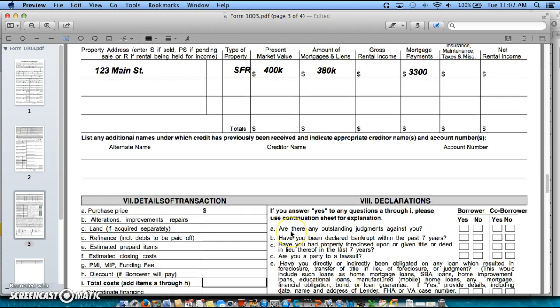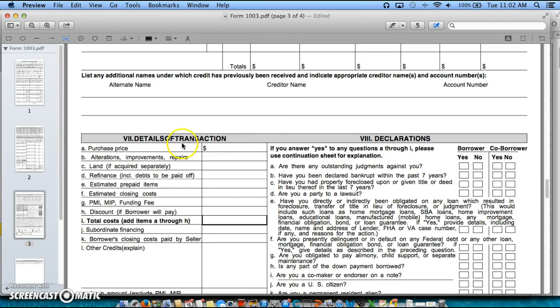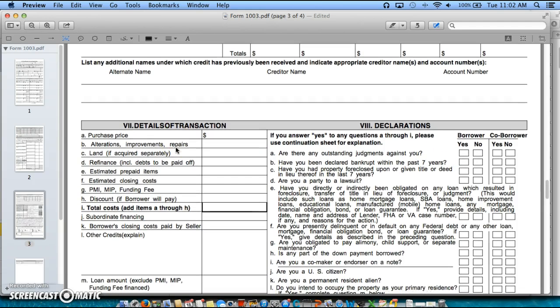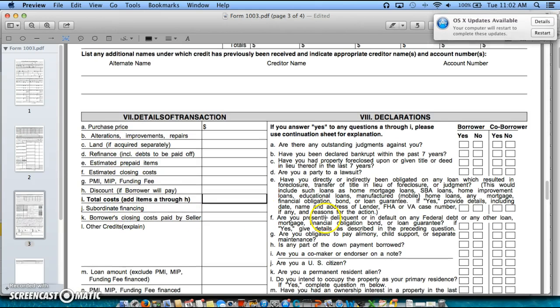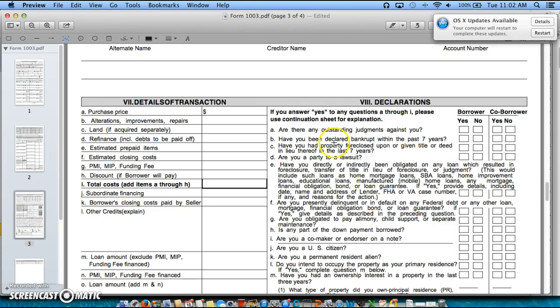And then finally, we'd come down here. And if there was a specific transaction, we put all the details of the transaction. And here you just go through these questions very quickly. You answer yes or no. So are there any standing judgments against you? Yes, no, so forth. You go here, and then